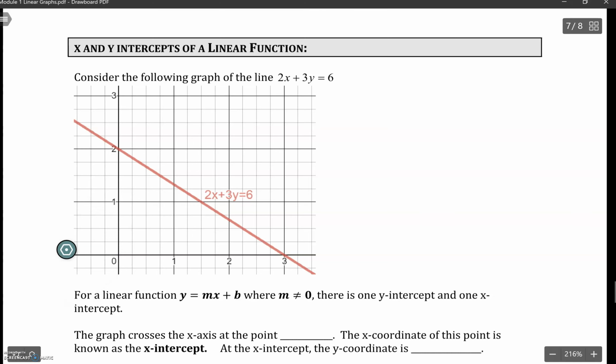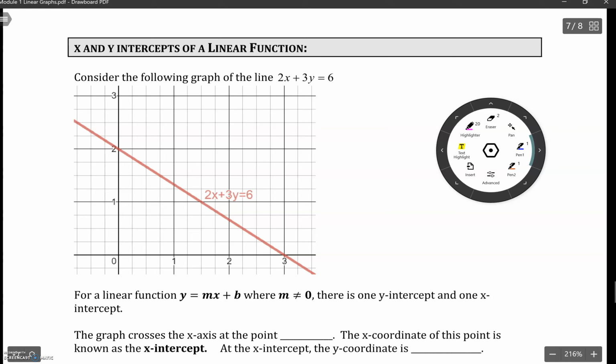This video is going to look at calculating the x and y-intercepts for linear equations. I've included a graph with the line 2x plus 3y is equal to 6 that I created on Desmos. The x-intercept is what we're going to look at first, and that's the point where our graph crosses the